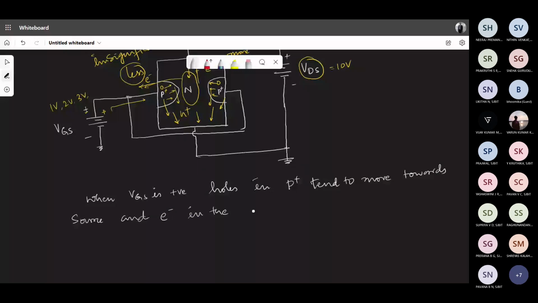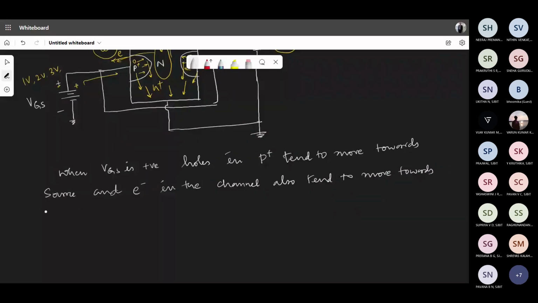So please understand, I'm talking about the majority carriers in the individual regions, the P plus region as well as the N channel region. And electrons in the channel also tend to move towards gate. But